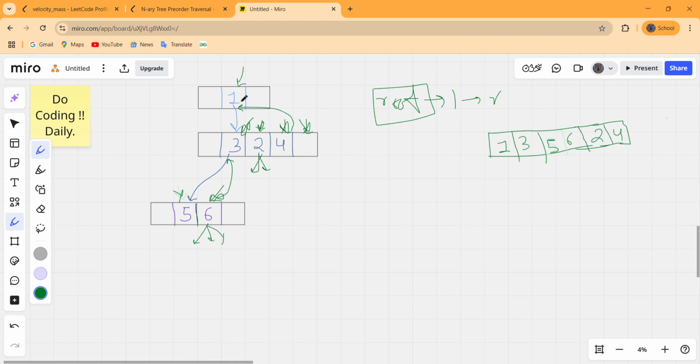And then after exploring all of its children, this one tries to explore its siblings, and as we can see that there are no siblings left, so the DFS call will be over, and finally we have to return our answer to the caller, and this will be our answer to this question.